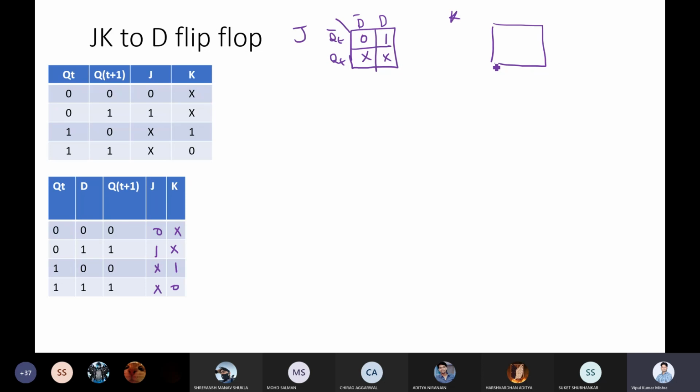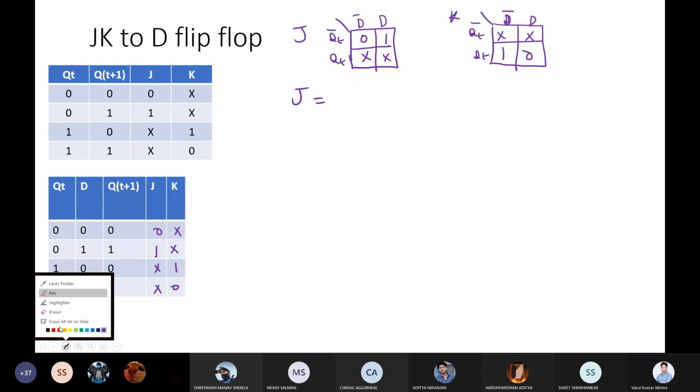First fill the entries. So it will be X, X, 1, 0. So this is your D bar, D, QT bar and QT. So what will be the equation for J?